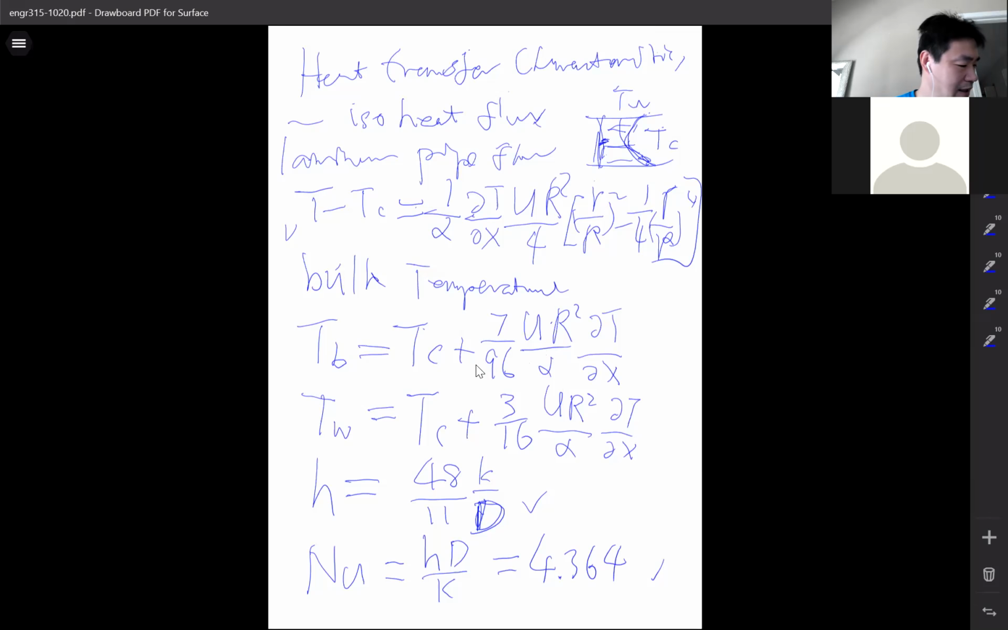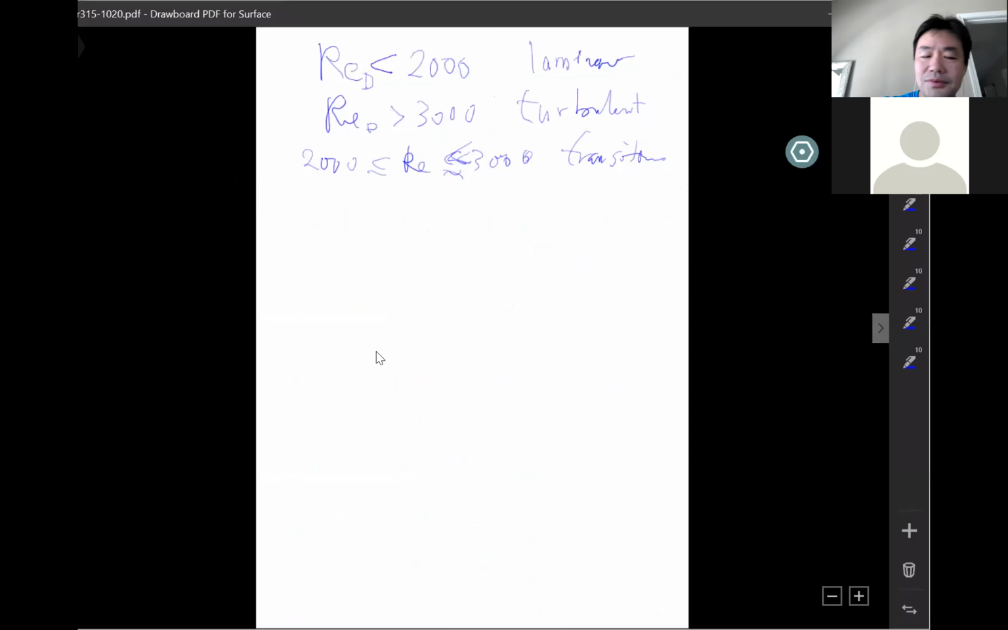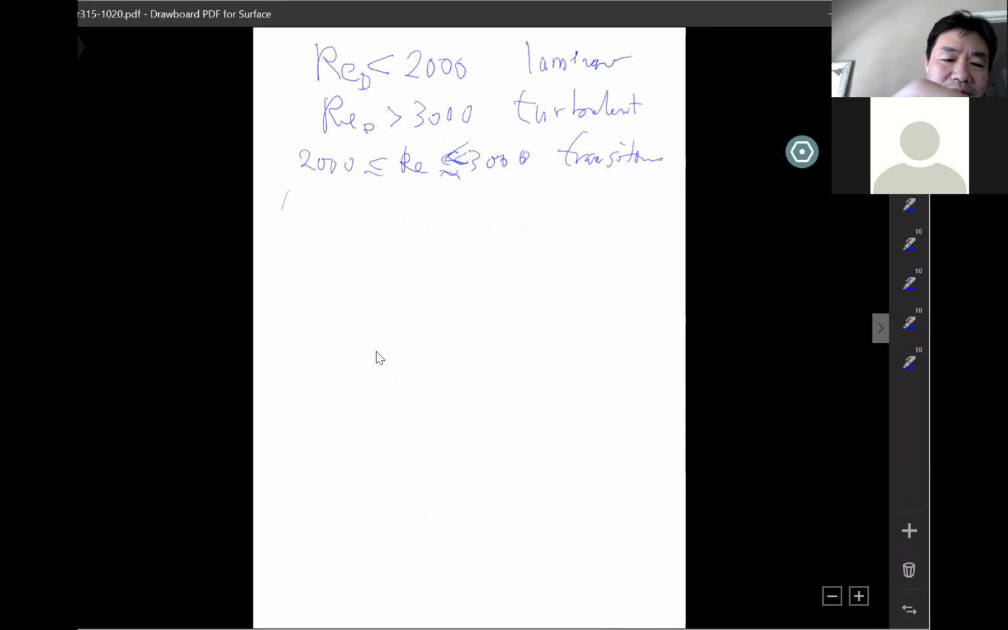So in addition to the laminar iso heat flux case, there is also an equation for the Nusselt number for the isothermal condition, laminar pipe flow isothermal. So the equation is, actually there are two equations, 6.9 and 6.10, but I don't want to give you